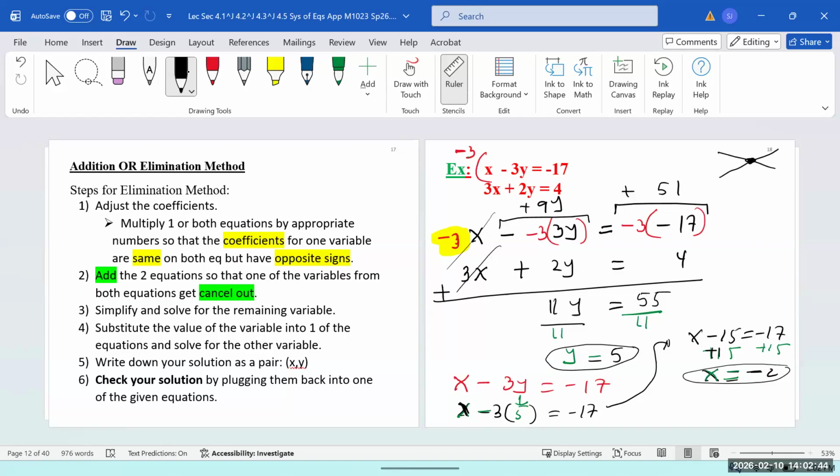So now we are happy, because for this point we already found both of them. x is -2, y is 5. So you write this as our solution. If no variable cancels out, you have a number, one for x, one for y. But if the variables cancel out, that means either no solution or infinite solutions.